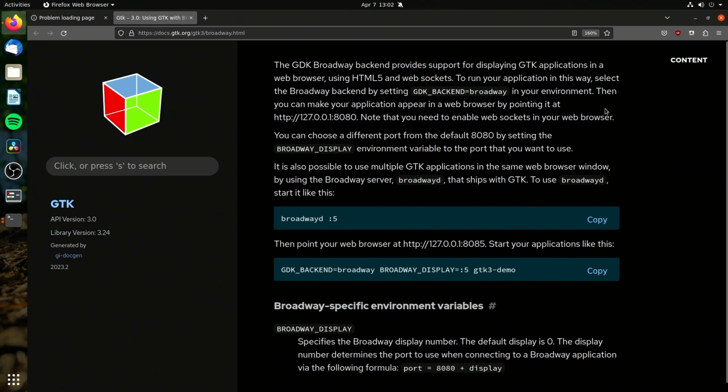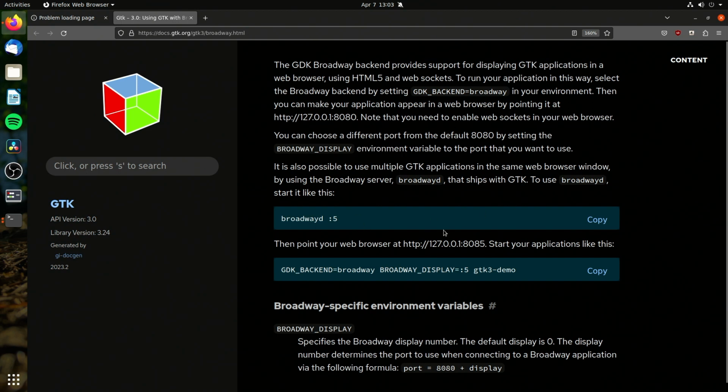Now, the catch is that it only works with GTK, and so that's a negative if you're using something like Qt apps. Some people pronounce it cute. Or if you're using older apps written in Motif or something, this will not work with them, from what I understand. I know it won't work with Qt apps because I tried one, just to be sure. It is possible to use multiple apps at the same time.